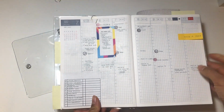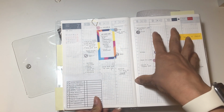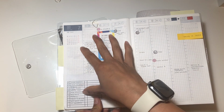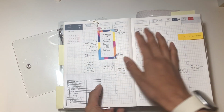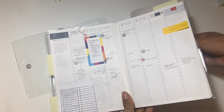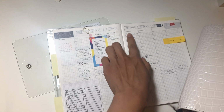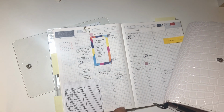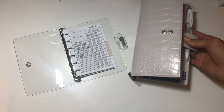I'll bring this guy in quickly. This is what I have been doing, a mix of pre-planning for the week. I do this at the beginning of the week and it just lays flat on this desk. It's very thin, so I can put stuff on top of it. It doesn't really matter. I need that weekly view with the time, just to get organized. But then I also use a daily